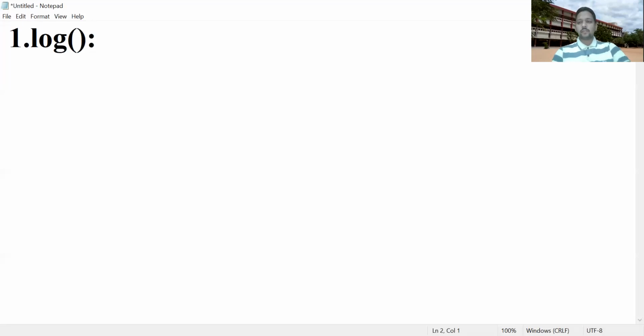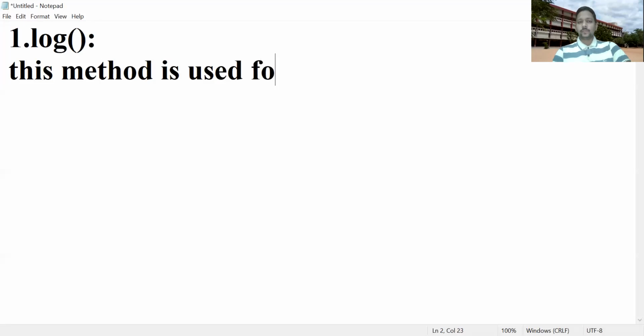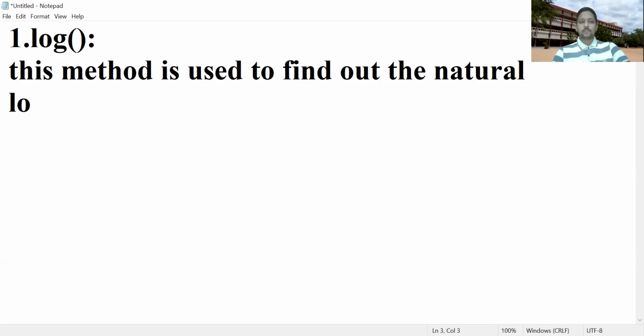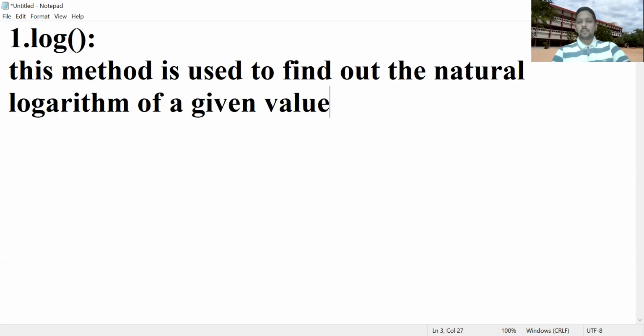So you are all aware of the logarithm function. This method is used to find out the natural logarithm of a given number. Natural logarithm of a given value. So here also a few cases are there. Practically I'll execute once. So first note down, if the given argument is